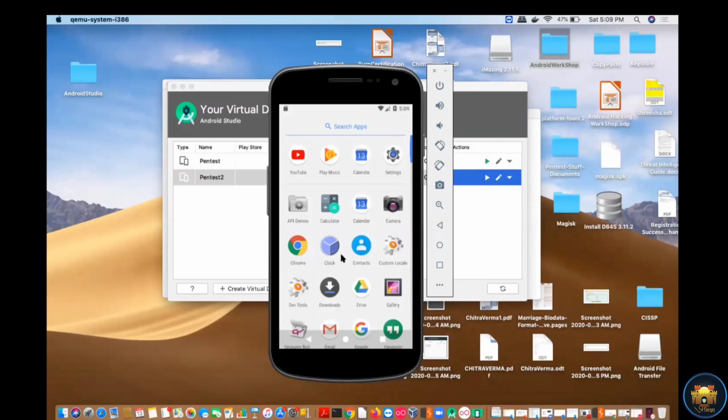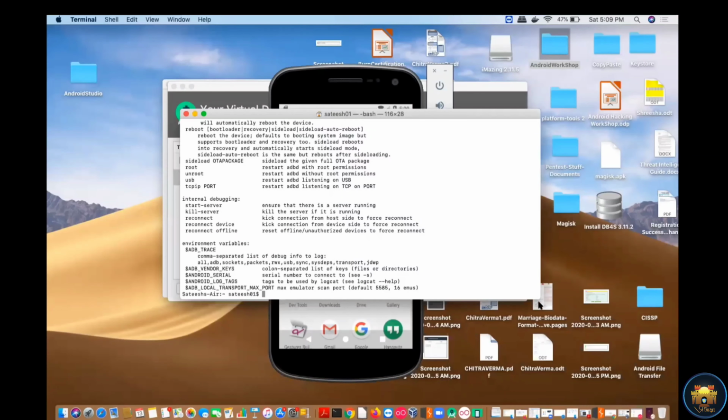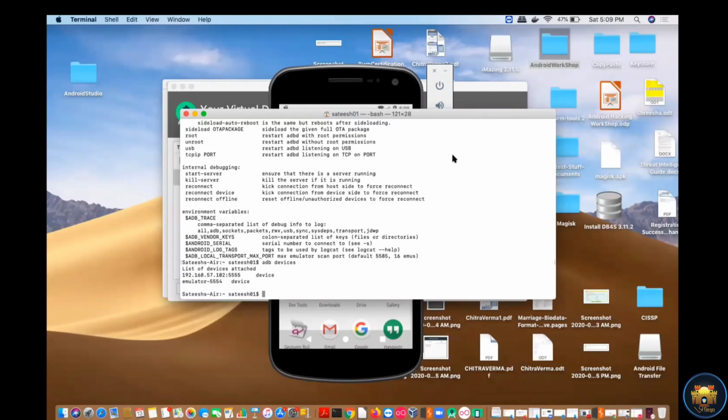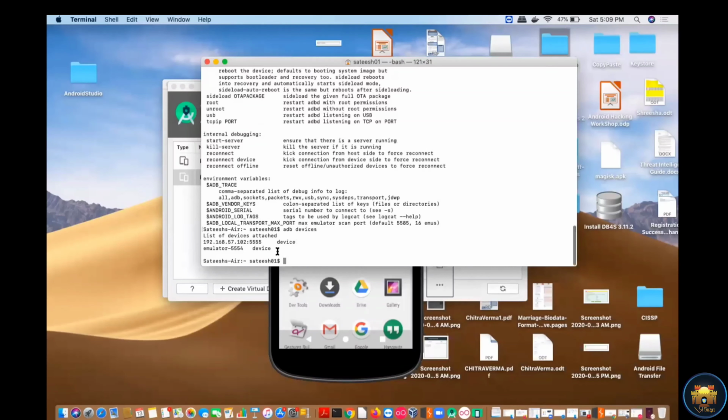As I told you, the ADB command is used for installing the application in your virtual device. So my ADB is working. If I run adb devices, it will show me all the devices which are currently attached to your system. So now my emulator is this one, 5554, and this one is device.